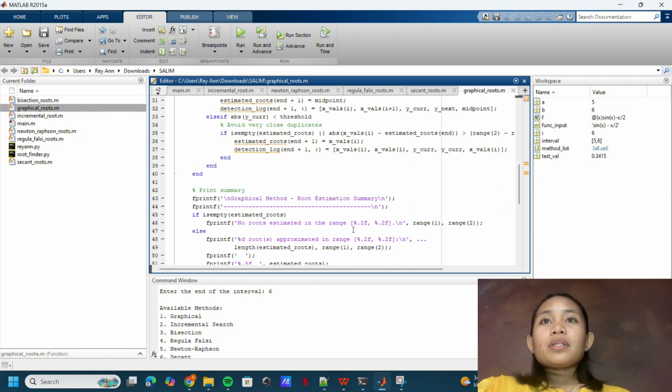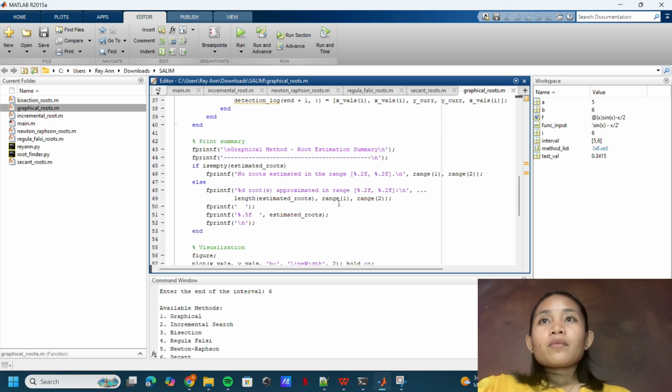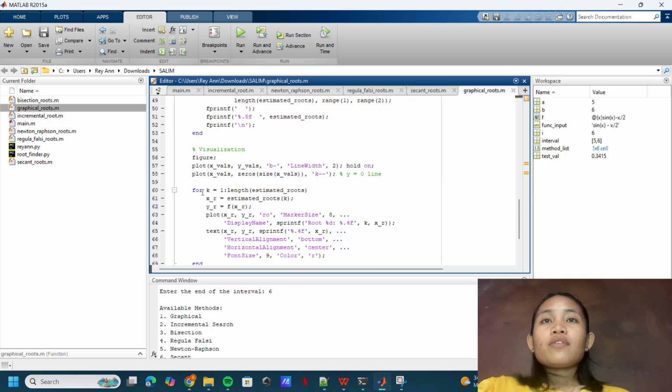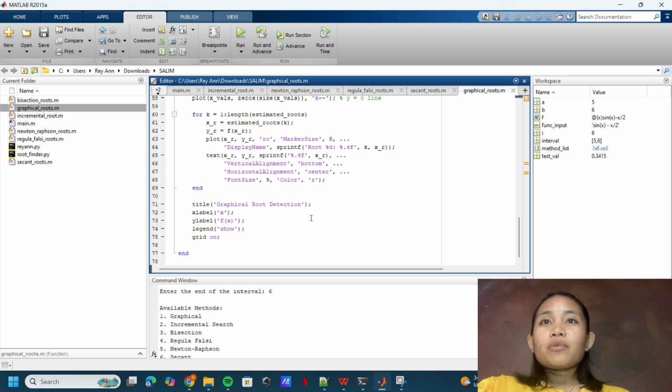Once scanning completes, a summary is printed to the console, listing how many roots were estimated and their approximate locations within the range. For visual insight, the function plots the function curve over the interval in blue, a dashed horizontal line at y equals 0 marking the x-axis, and detected roots as red circles, each labeled with its approximate x coordinate. This graphical method provides a quick and intuitive way to estimate roots.